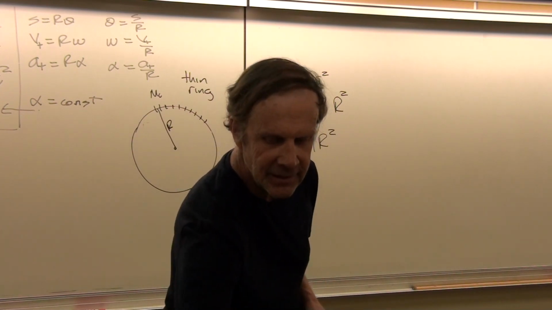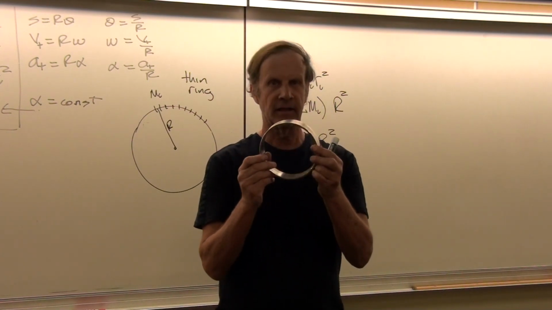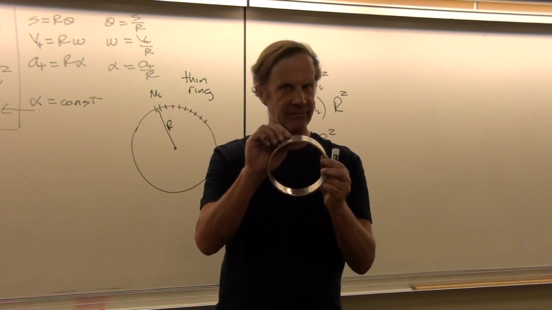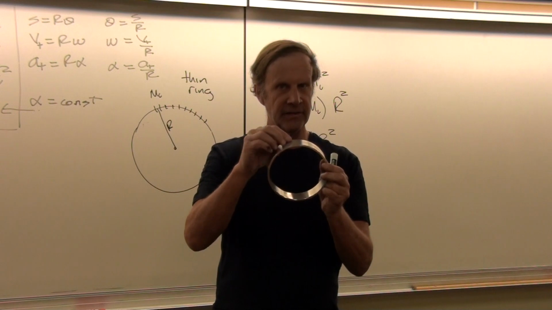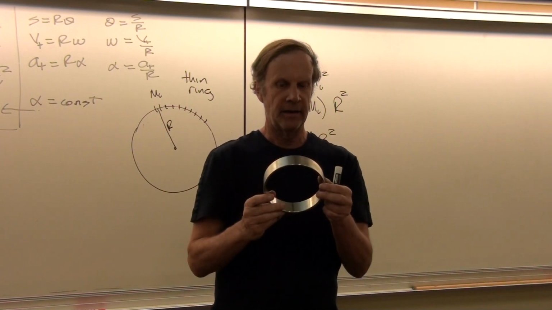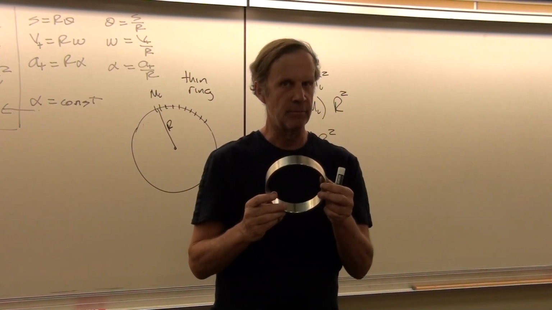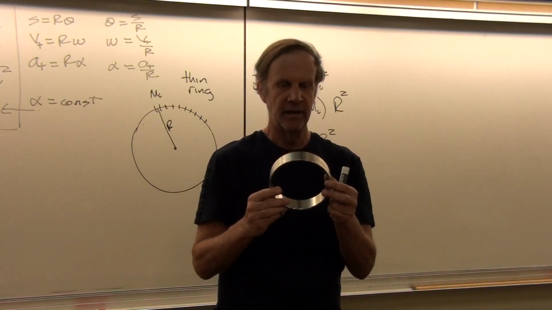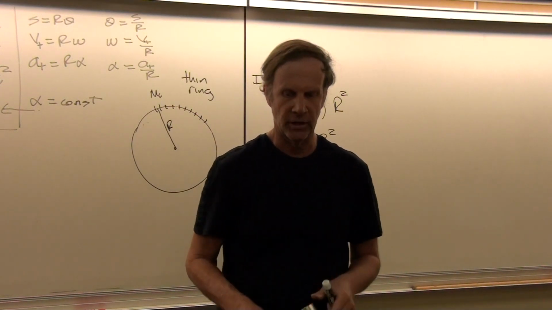Of course, this is idealized because we are neglecting the thickness of the ring. The fact that the ring does have a finite thickness indicates that there are slightly different r values going from one side to the other. But it isn't enough to really matter. You know, way less than 1% error by assuming that this is a thin ring.